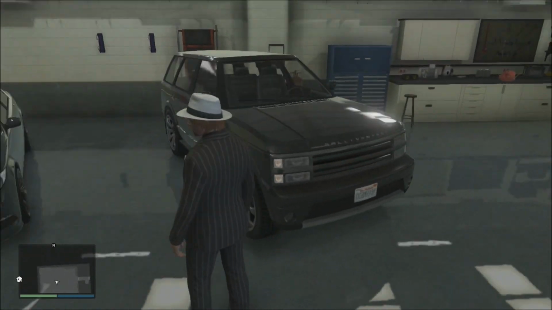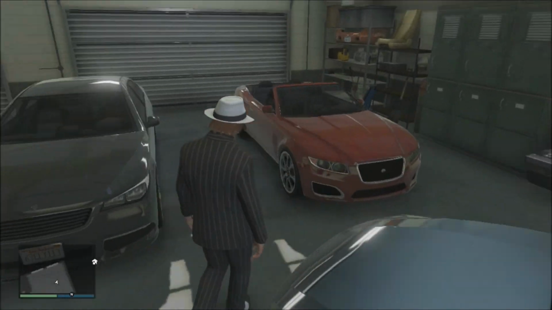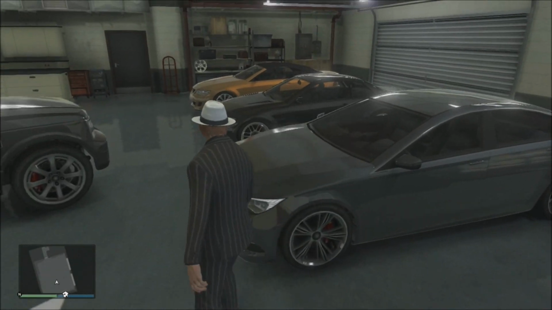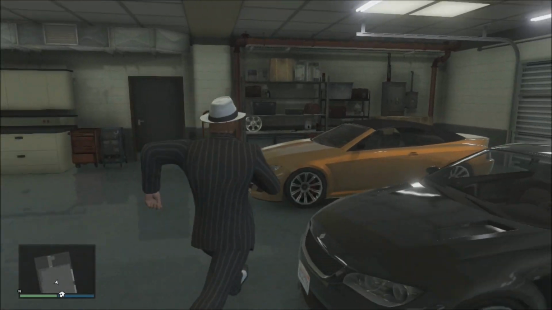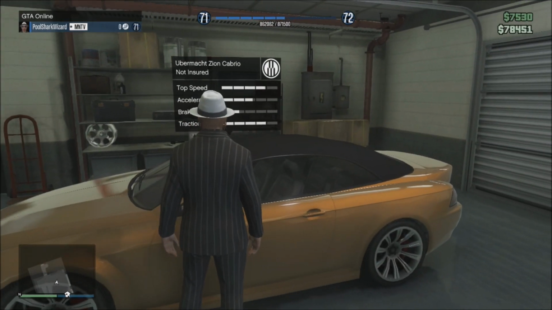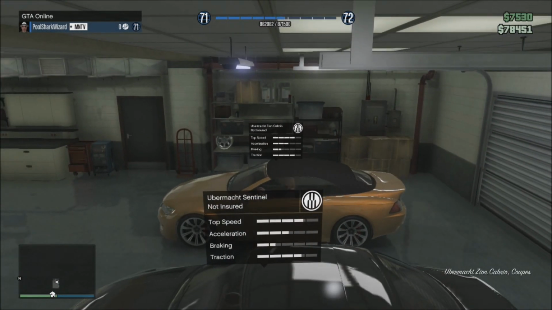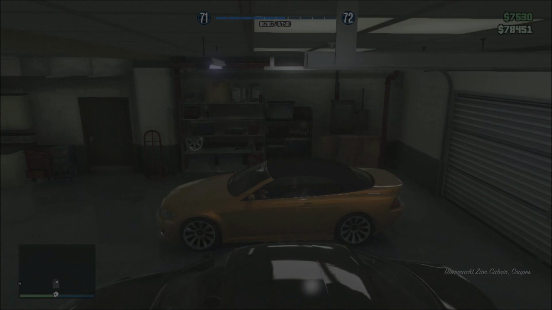We have a Baller right here. We have a couple of Oracles. We have another Felon GT. All these cars are going to be sold. So I'm just going to sell this guy right here, which is the Xeon Cabrio. I actually really like these cars as convertibles and as driving around vehicles. They're definitely pretty cool. But let's go over and sell this guy, and I'll show you guys how